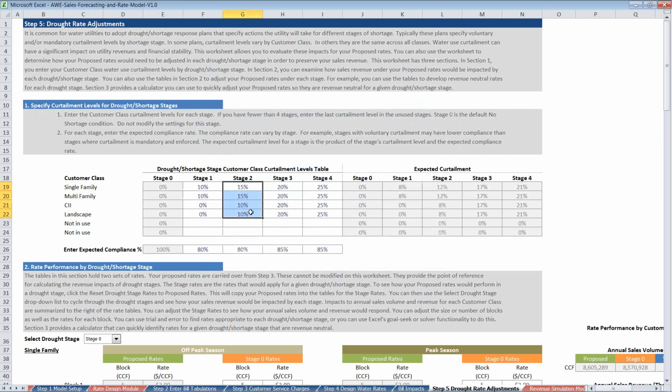And then you can see how that changes for stage 2 and stage 3 and stage 4. And at the bottom of this table, the model asks you to enter your expected compliance. So if you expect 80% of your customers are going to comply, it'll effectively multiply these savings you're asking for by that 80%.